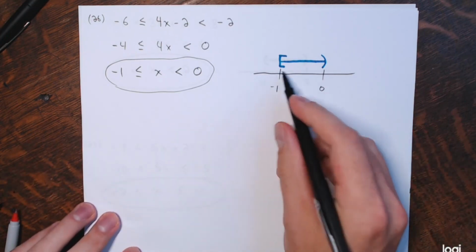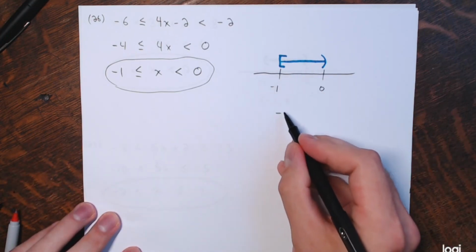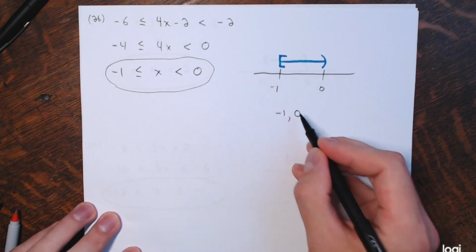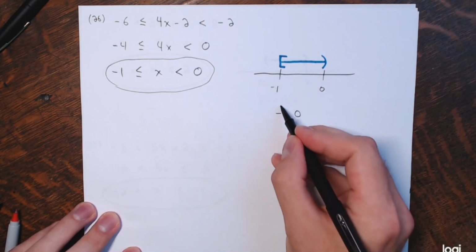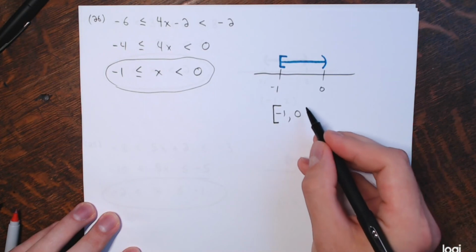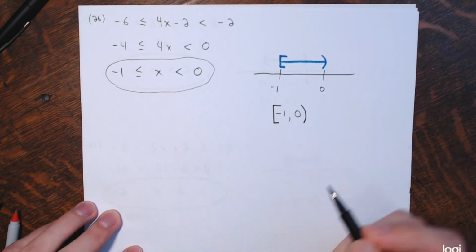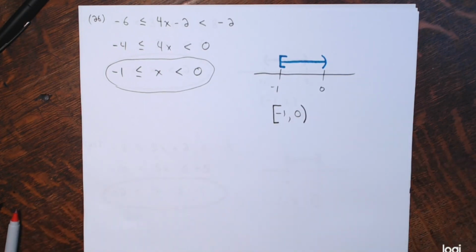And then the interval notation for this picture, we're talking every number from negative 1 to 0, so negative 1 comma 0. Negative 1 is included, bracket, 0 is not included, parentheses. Wonderful. And that's it. All right, those were exercises from, again, section 2.6 of the openstax.org Intermediate Algebra 2nd Edition